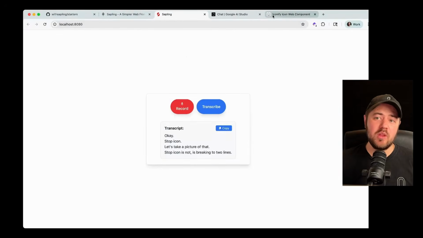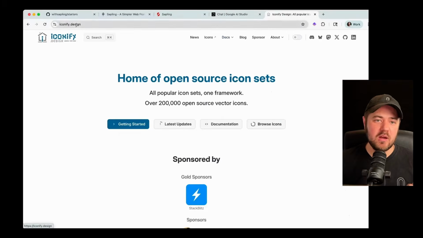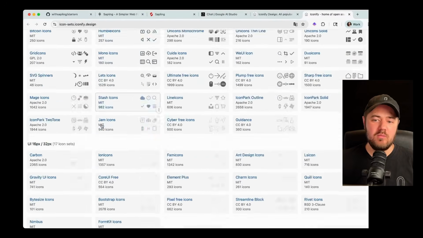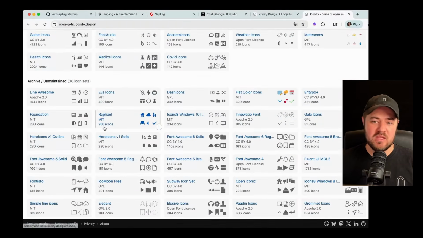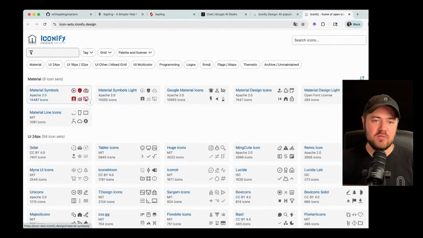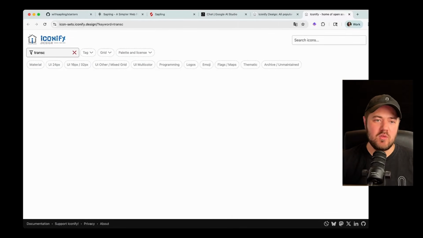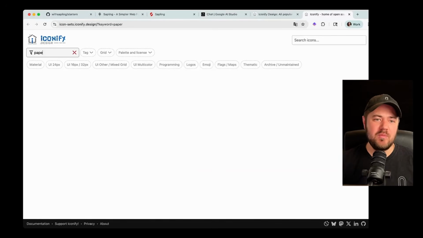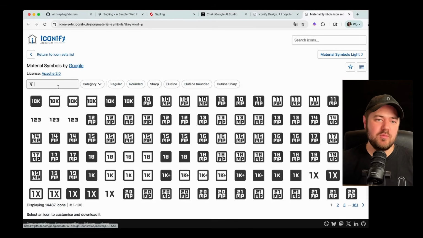And that's the other cool thing about Iconify. So you can go to iconify.design. You can click this little icons link right here. And there are thousands, tens of thousands of icons available to you. So we could do transcribe or like paper or edit or something like that. Let's jump into material,